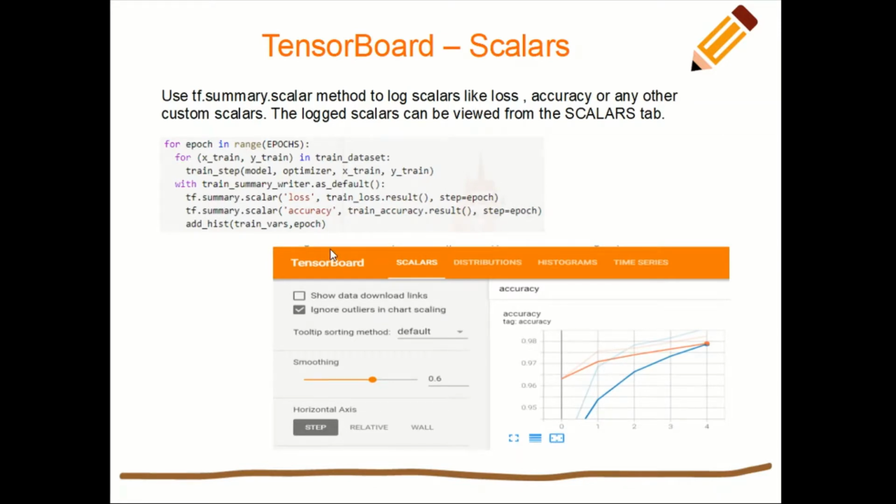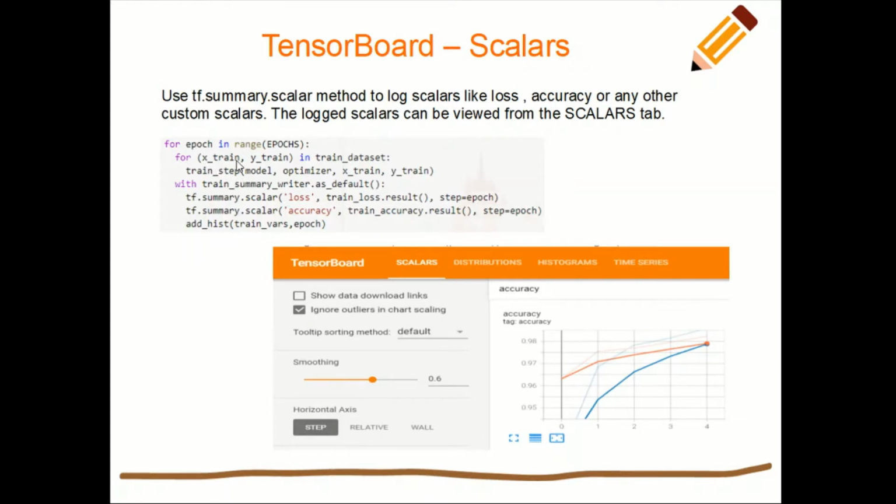Now another thing that we can do is capture metrics like loss, accuracy, and many other metrics that are available, and we can capture these at regular intervals, like per epoch, per batch, etc. These metrics give us a clue if the model is overfitting or underfitting, or if it is just right. And then we can use the tf.summary.scalar method to capture the scalars. So let's quickly take a look at the code here.